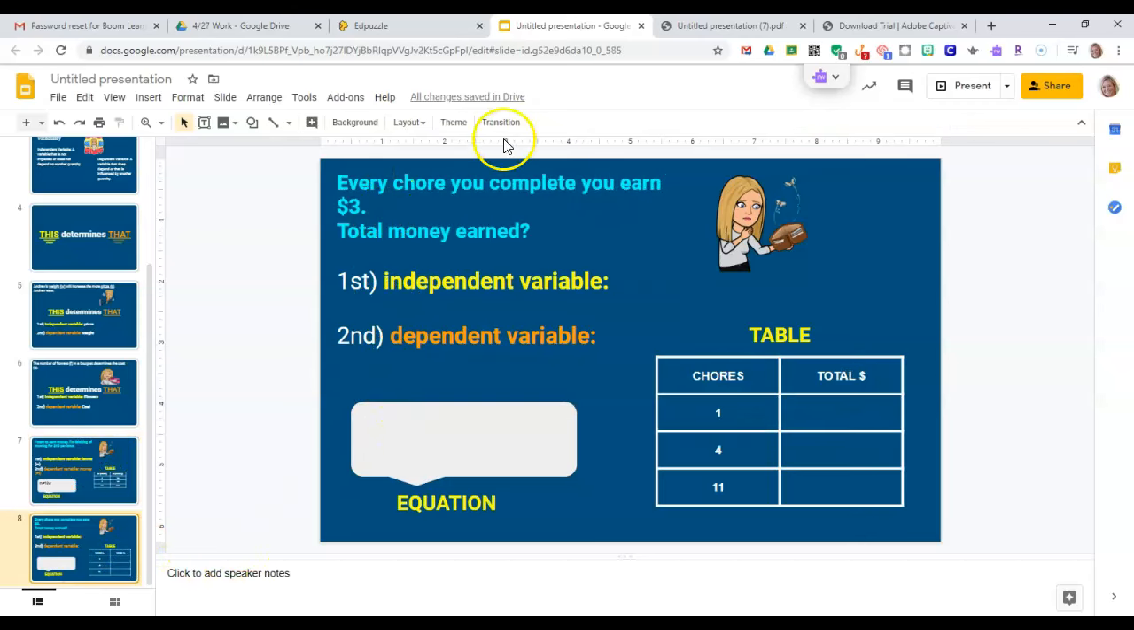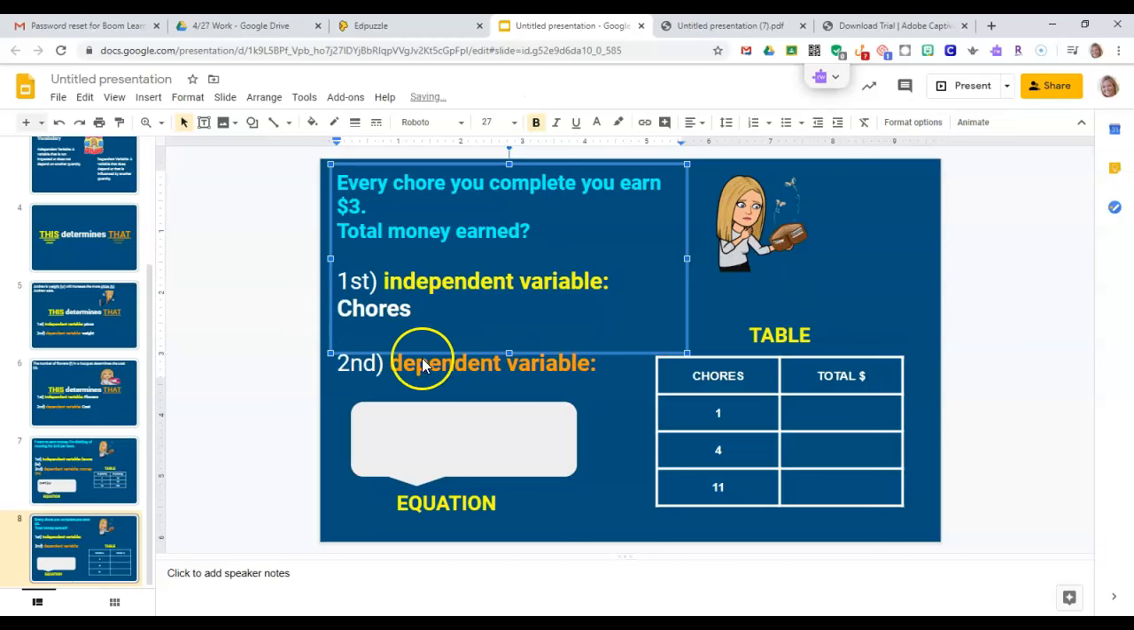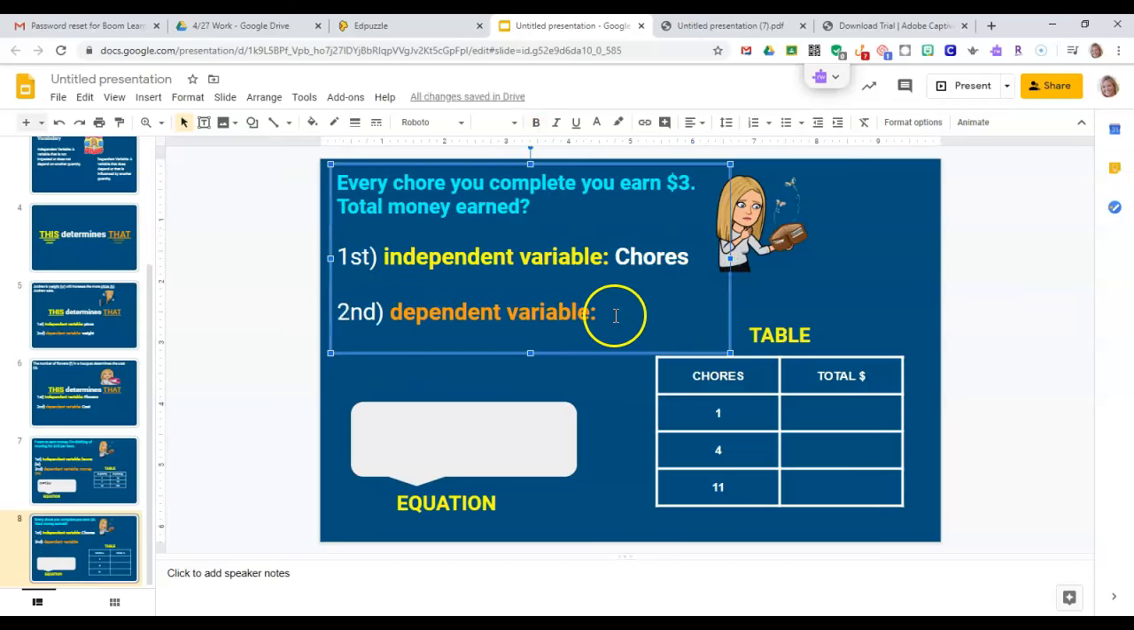Okay, and then this is the one that you are going to do on your own. So every chore you complete, you earn $3. So what is the total money that you earned? So first we have to find our independent variable and our dependent variable. Our independent variable here is going to be the number of chores that we do. However many chores I do, that's how much money I'm going to make. So the number of chores is my independent. That will determine how much money